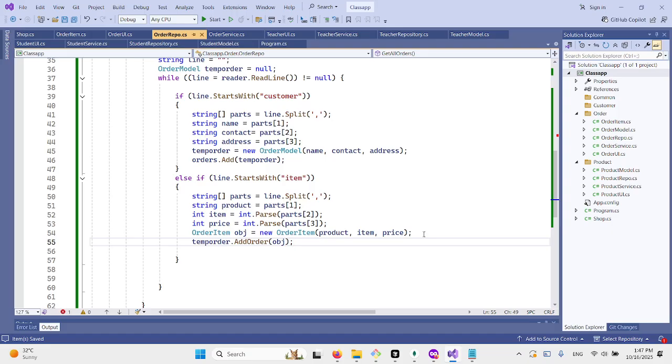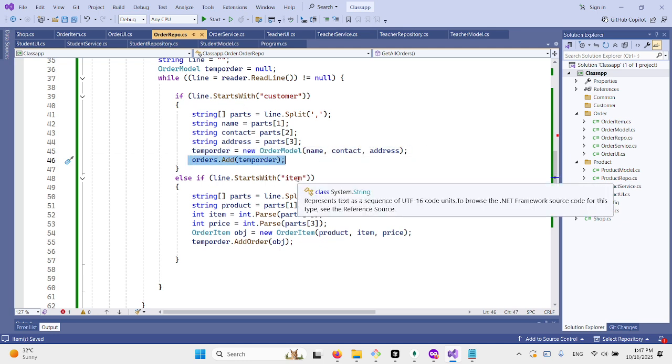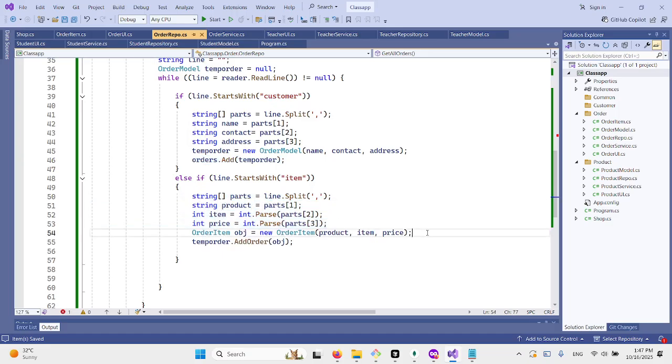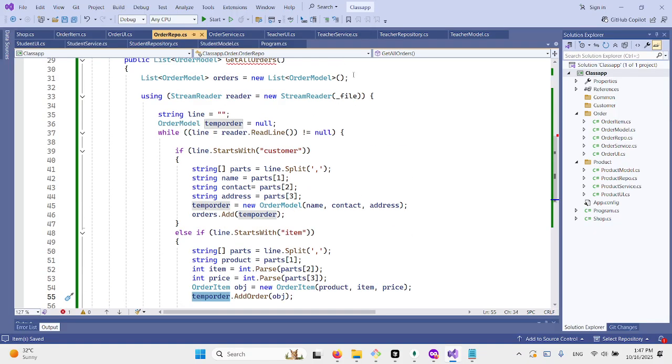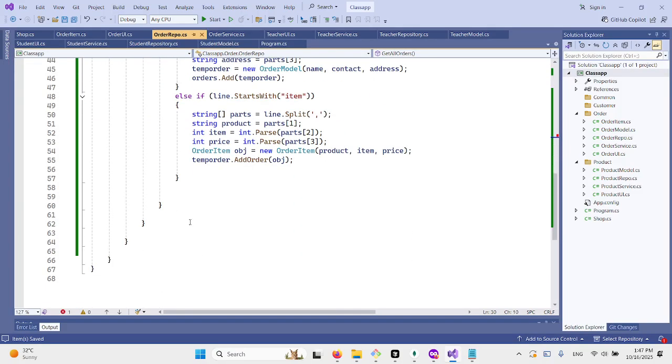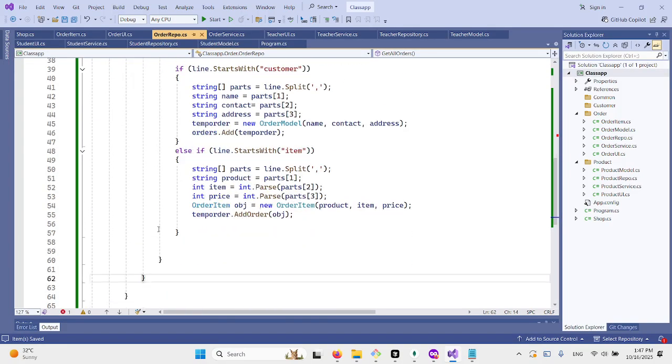समझ आइए, क्योंकि ये तो हमें पता है कि हमेशा कस्टमर होगा तो उसके आइटम्स होंगे तो जब कस्टमर आएगा तो उसका हम ऑब्जेक्ट बना के लिस्ट में ऐड करवा देंगे फिर जब तक नेक्स्ट कस्टमर नहीं आता तो आइटम्स ही आएंगे ना तो जब भी आइटम्स होंगे तो हम उनको पार्स करके आइटम के ऑब्जेक्ट बना के उसी कस्टमर को भेजते रहेंगे जो पिछला बना था ठीक है और फिर इस तरह ये होगा कि हर दफा एक कस्टमर में एक आता रहेगा और एंड पे हम क्या करेंगे एंड पे जाके हम रिटर्न कर देंगे लिस्ट को